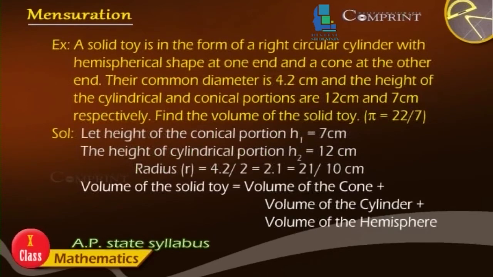Example: a solid toy is in the form of a right circular cylinder with a hemispherical shape at one end and a cone at the other end. Their common diameter is 4.2 centimeters and the heights of the cylindrical and conical portions are 12 centimeters and 7 centimeters respectively. Find the volume of the solid toy. Pi is equal to 22 by 7. Solution: